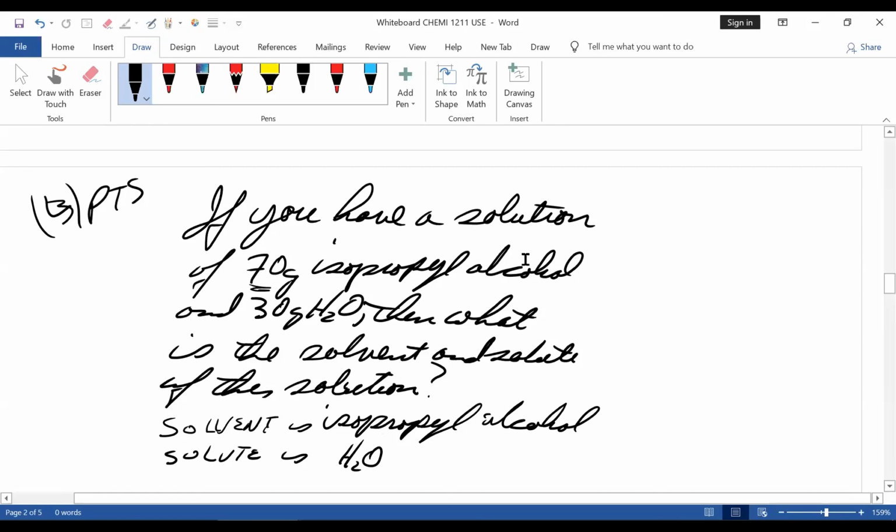Now, most things in our daily life, not all, but most, the solvent of a solution is usually water. Now, in this case, it's different. It's isopropyl alcohol. Now I'll be getting more into the real life now that we're getting into the juicy stuff. What's a mixture of 70 grams isopropyl alcohol, 30 grams water? Well, you can go to your local big box store like Target or Walmart or anywhere that sells it, and you can buy a bottle of that solution. They have a name for it, and it's called rubbing alcohol.